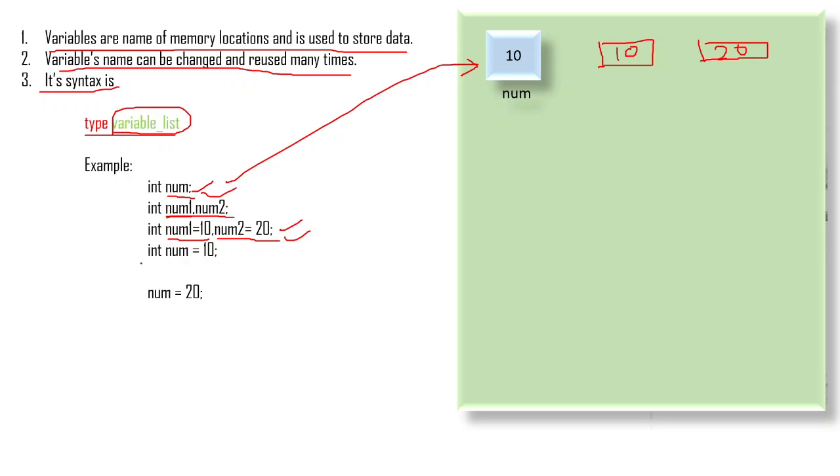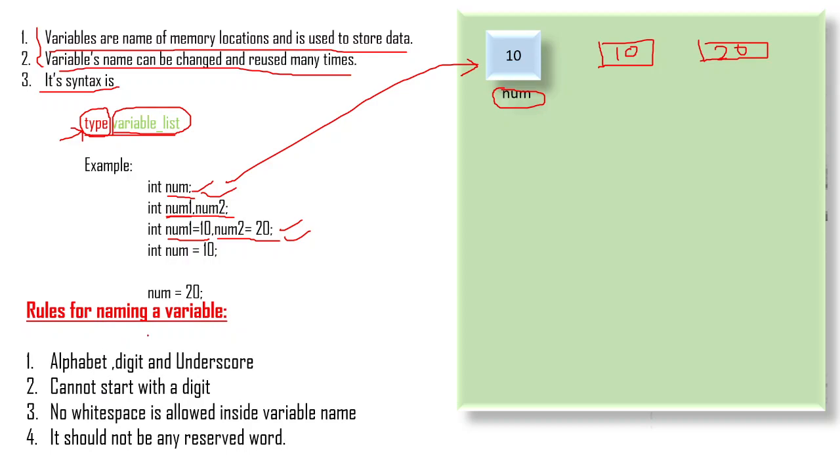Okay, now what is this type actually? So this is the variable. The variable is just these two parts. It is a part in the memory with a particular name, and it is used to store data and give a reference to the address in the memory. Okay, now we'll move on to this type, but just before that, just remember the rules for naming a variable.